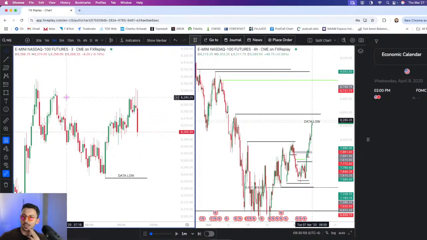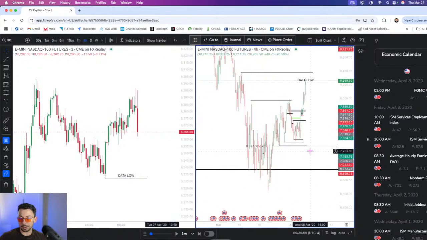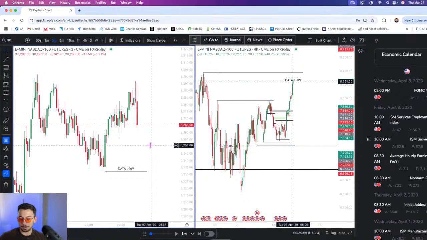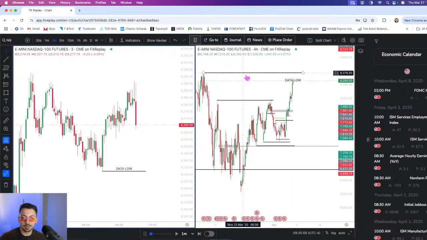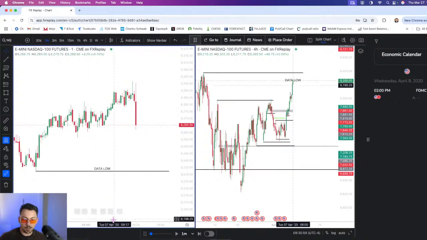We are rejecting from here. Interest rates lowered. Yeah, that's what I'm thinking, because it's April, so in March of 2020 was the COVID lows. This might even be the COVID lows. So definitely bullish setups will probably work more likely here, but let's see what happens. Nothing here that's A+ that I would take, but I wouldn't be surprised to see the data lows here. Even on the 1 minute, there's nothing that I would take.